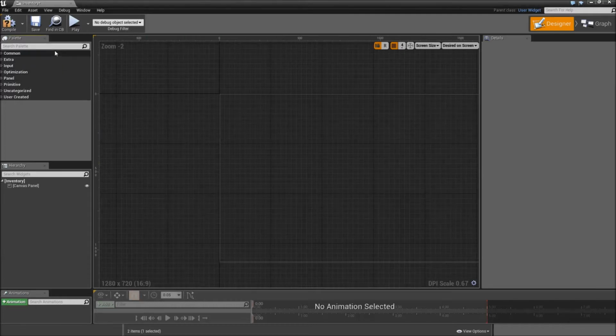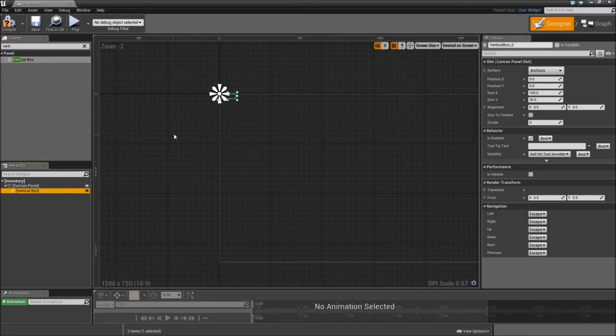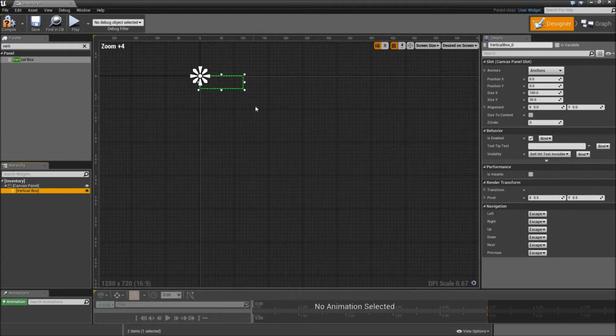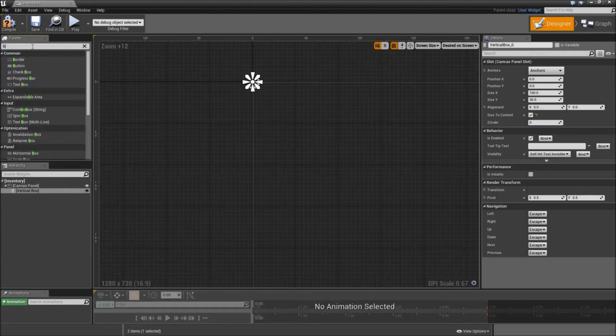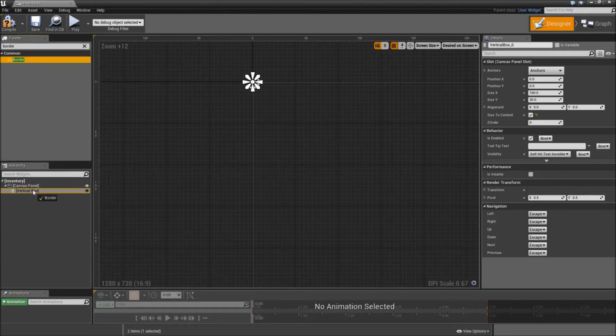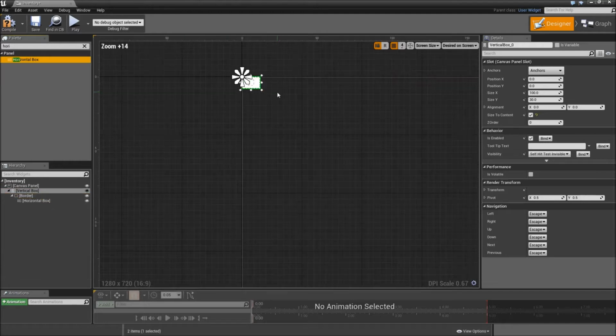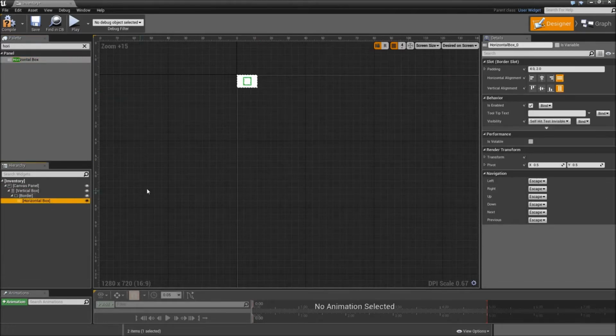Then search for a vertical box and put that inside of our canvas panel. And for the vertical box, make sure that it's sized to content. Now grab a border and drag that in here. And on top of the border, drag a horizontal box. For that horizontal box, make sure that there is no padding,